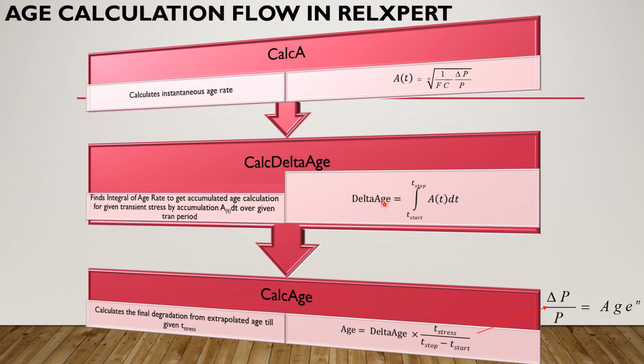All right. After you calculate the delta age, the output goes to calc age. What calc age does is it calculates the final degradation from the extrapolated age till the given T stress. It will calculate the final age by this formula. By the way, this formula is assuming what? That T stop minus T start, which is the T step, is equal